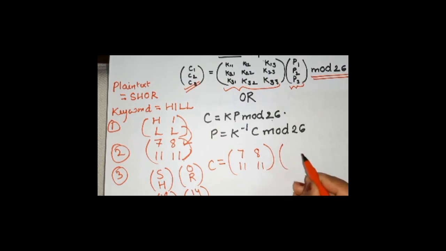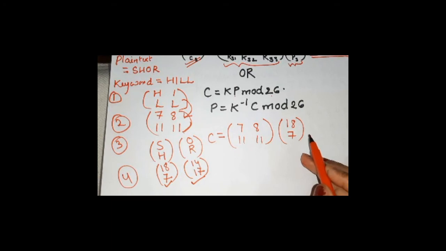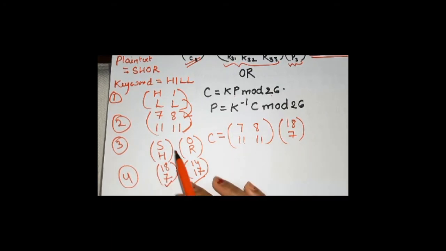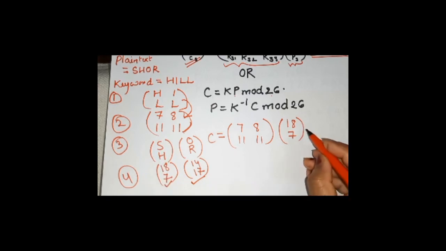And my P is 18, 7. I'll be doing this pair by pair. I'll be picking one pair and converting them into ciphertext, then picking the second pair and converting that into ciphertext. So I'll be picking up first the 18 and 7 pair, S and H, and converting this as